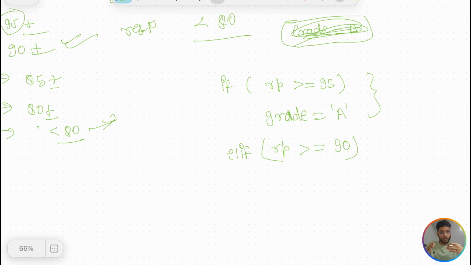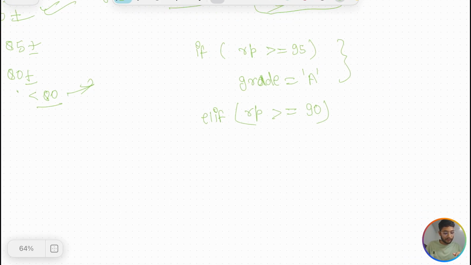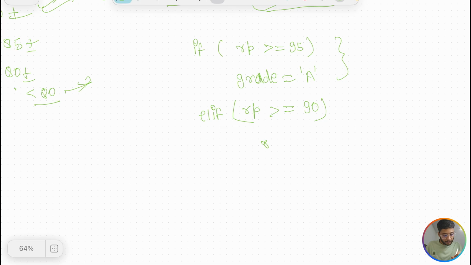That's why if you follow from top to bottom, then you don't need to write those conditions. If this is true, then it will stop here only. If this condition is not satisfied, that means the number is less than 95, right? If it is greater than 95, then definitely the first will execute, but that means it is less than 95. So it has already been covered in the first condition. So you will assign grade equals to B.